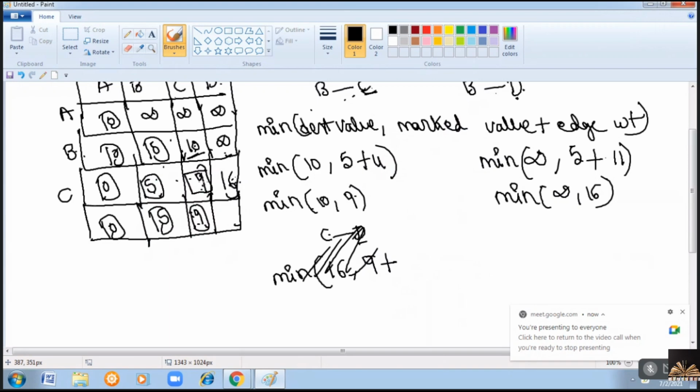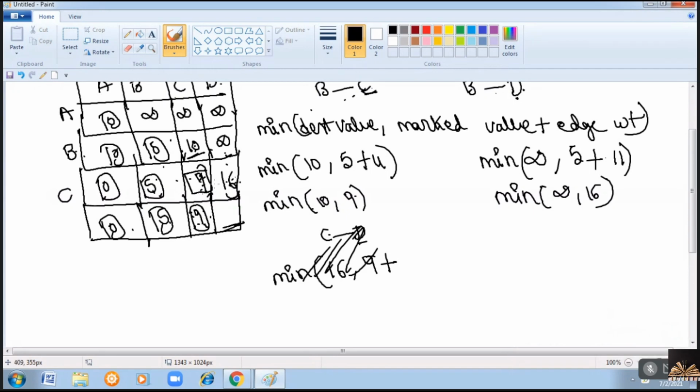So here we have marked, among 9 and 16, 9 as permanent. So repeat the same step, the third step, that is create another row and copy all the marked values, right? So we have to check whether this 16 can be changed or not. Or I can say that here you have marked C as permanent. So I'll just check whichever vertices are connected directly to C.